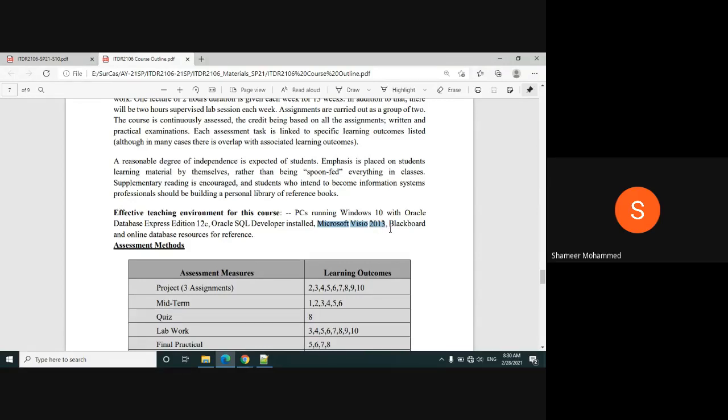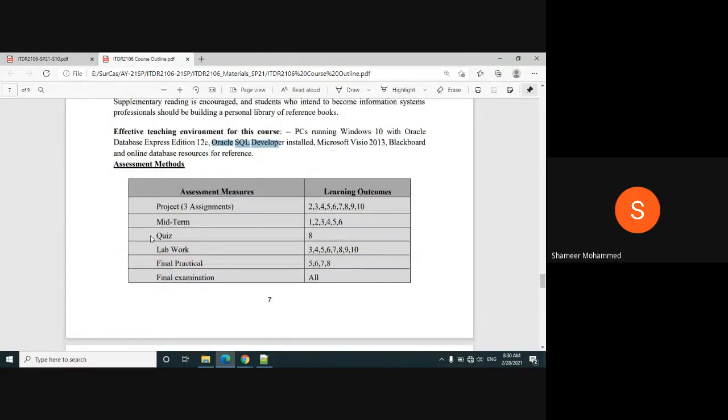Apart from this, we will use Blackboard and other online resources. But you need to install this software, Oracle Express Edition, and also Oracle SQL Developer.